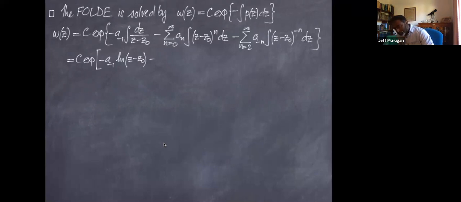The next term is straightforward enough. It's the sum from n equals 0 through to infinity of the integral of z minus z0 to the n dz. So that's just an over